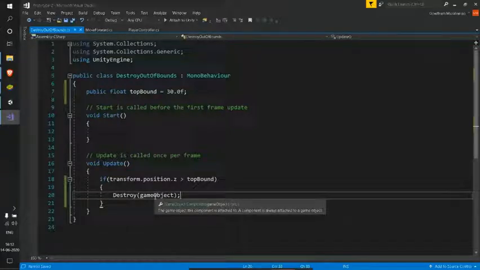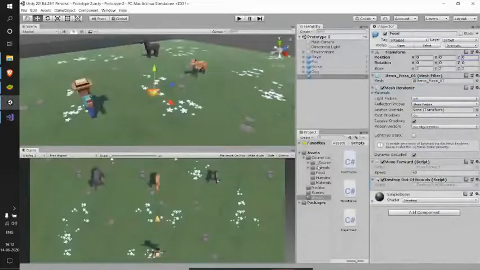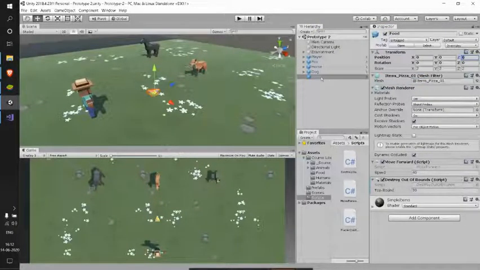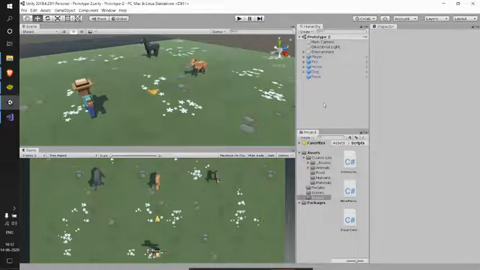So it's like a self-destruction thing. Whenever this script is attached to the game object itself, the food itself, I'll run this and check that this food will be deleted whenever this z value has become 30.